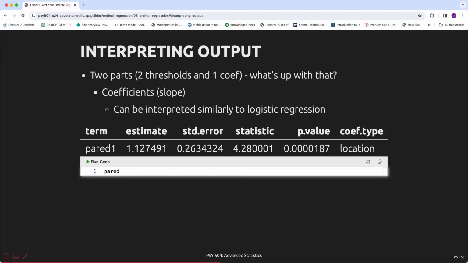For parent ed, 0 is that the parent did not go to college, and 1 is that the parent went to college, right? So how do we interpret this estimate here of 1.13? And this is using the logit link. Is it the log odds then? Yeah, so it's the log odds, yep. If you want to take a guess on interpretation, it's the log odds. So for a parent who went to college,